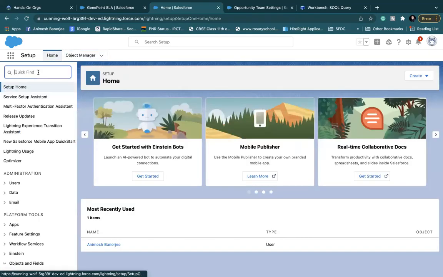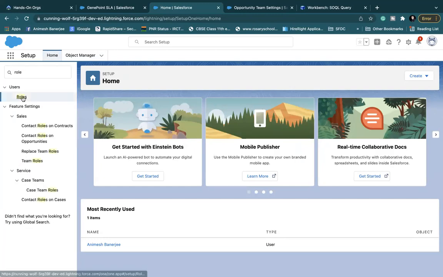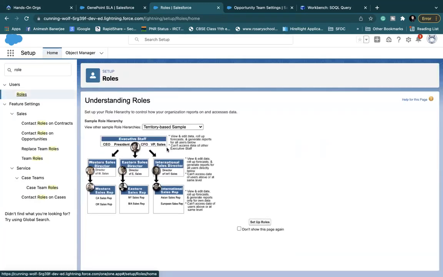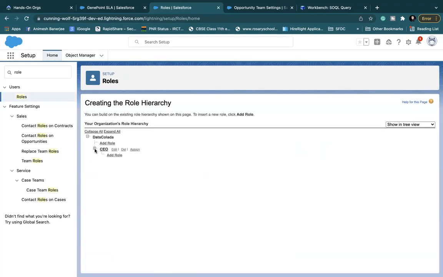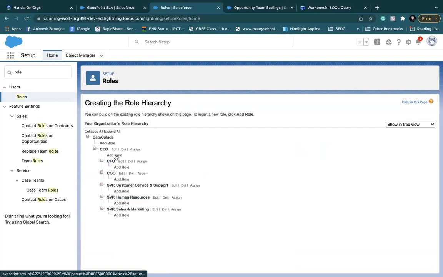Before we do, let's go to role first. You see, set up roles. Here's COE, and there is some set of roles already given to people. You can create your own role. Okay.